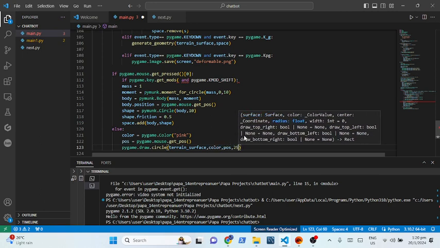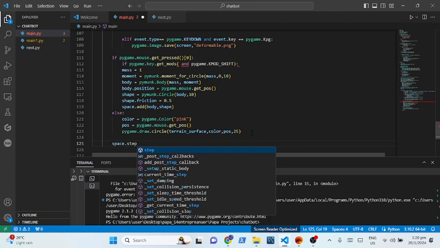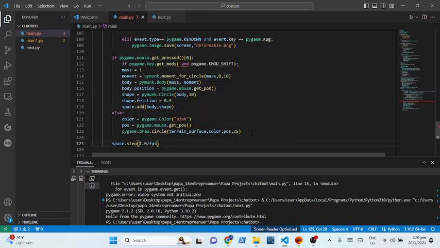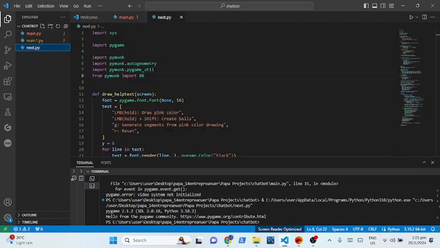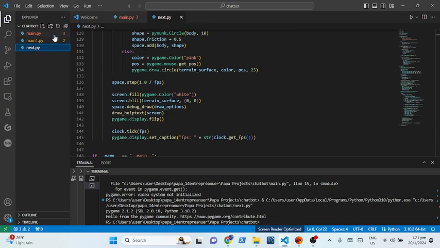Okay, now we don't have much left. So after we do this, space.step 1.0 by FPS. Okay. So then after that, what we have to do is